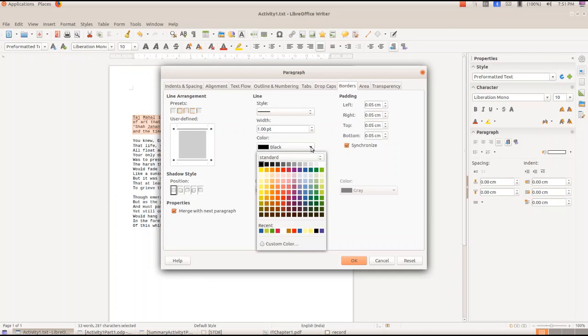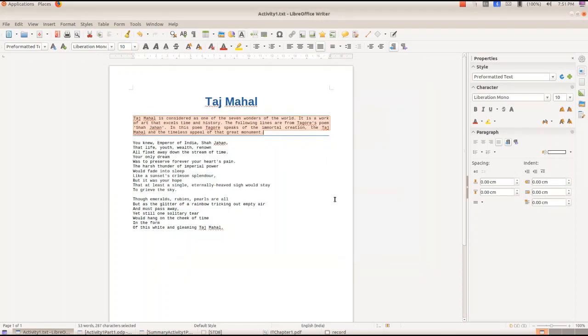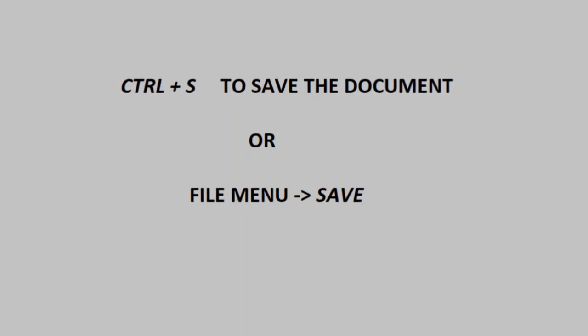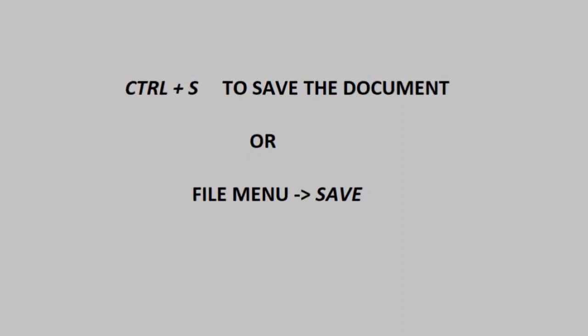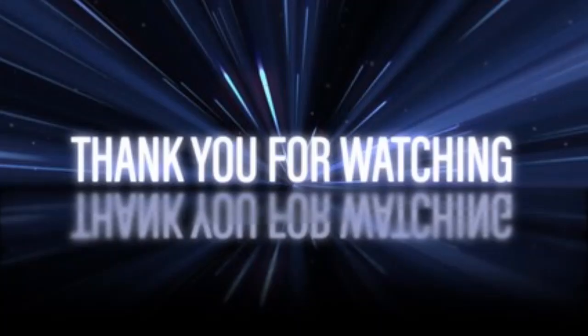Okay, and now we'll see how to change the color. You click on that small triangle, you will get the color palette. Select light blue. And if you don't need the changes that you have made, you can select cancel, and if you want these changes, click OK. And now you got that paragraph within those 2 lines. Any doubt? Don't forget to save this. We can use the Ctrl S shortcut for saving. Ctrl S, or from the file menu you have to select save.